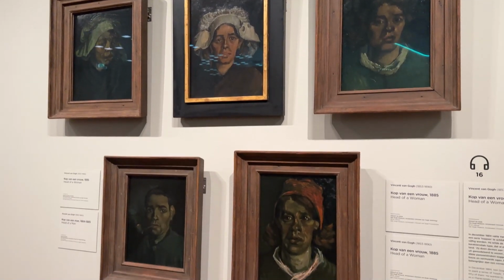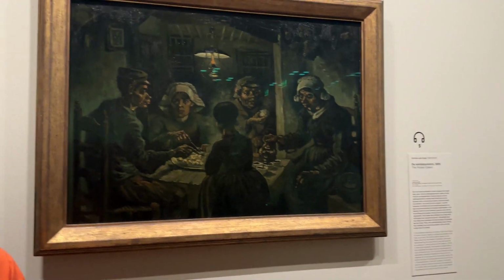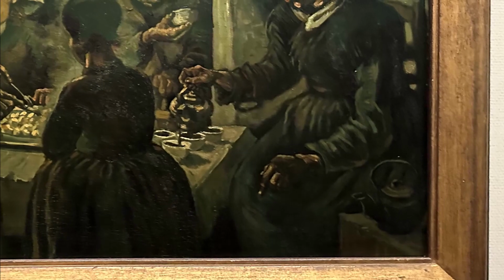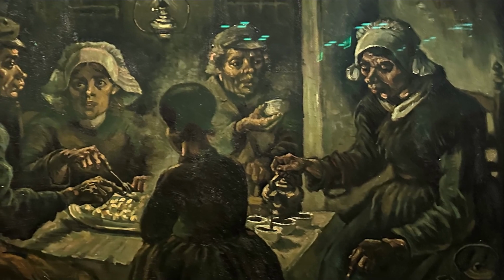Then he started doing these portraits, and one of these people in these portraits, one of these peasants, will be in Potato Eaters. Now, the famous Potato Eaters. So according to Vincent van Gogh, this is his best piece ever, but a lot of people had criticized him for this painting because they didn't like the color, they didn't like the composition, but afterwards, of course, it became very